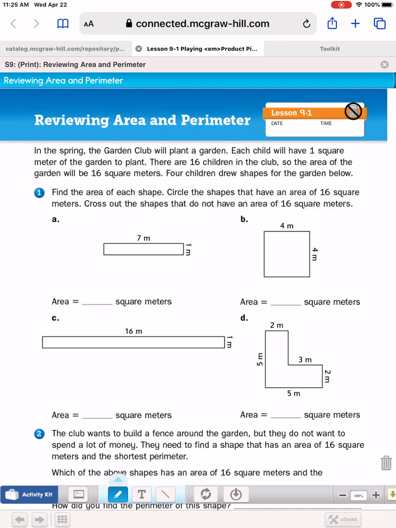So for A, B, C, and D, please find the area. And remember, the garden has to be 16 square meters. So cross out any that don't equal 16 and circle the ones that do. And then answer,